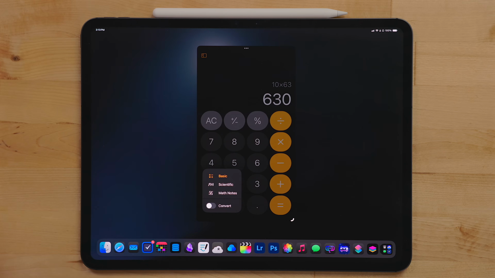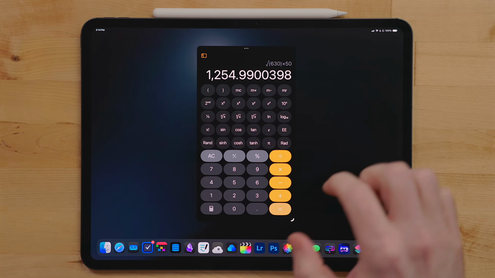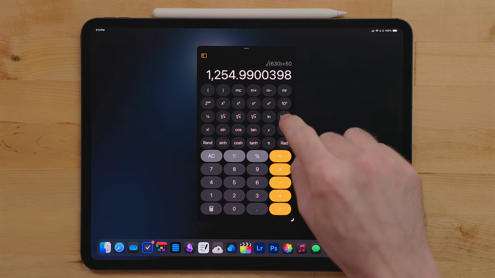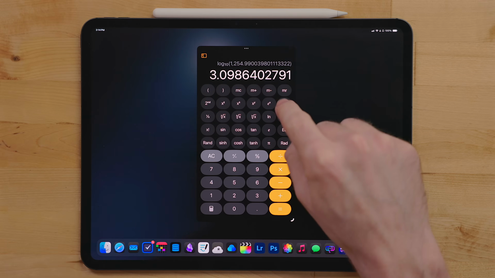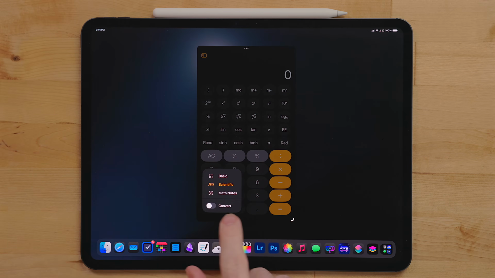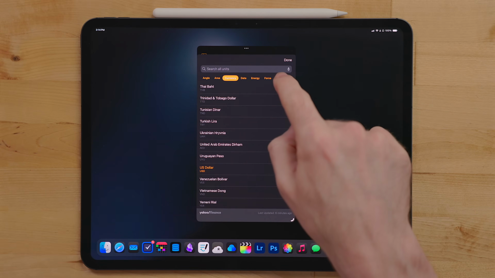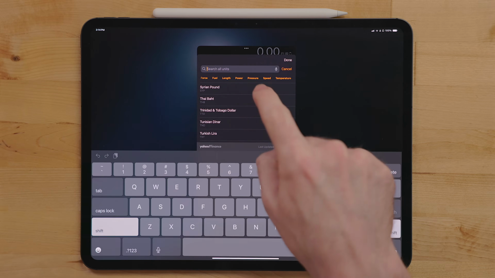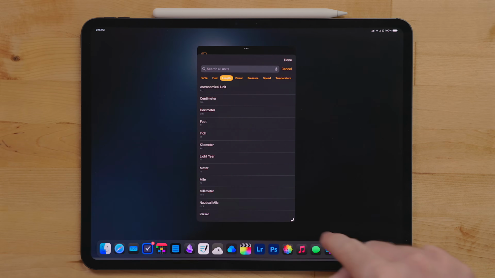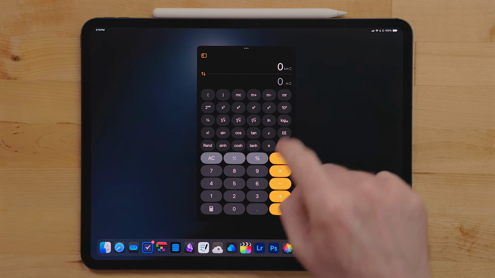The second option in here is a scientific calculator. I'll be honest with you, I don't know what most of this stuff is. But if you need a scientific calculator, it's now built right into the system. Another option in here is turning into convert mode. You can use this to convert measurements, currency, data, energy, power, fuel, temperature, time, volume, weight, and more. A lot of this is built right into Spotlight, but it's great to have a place to work out a